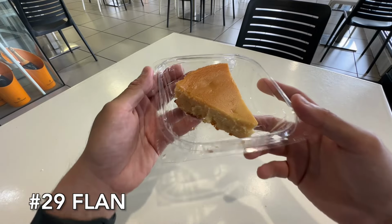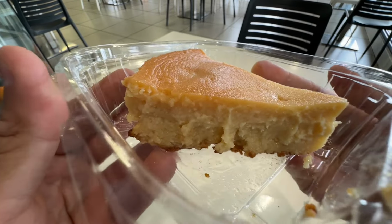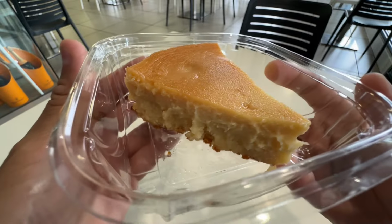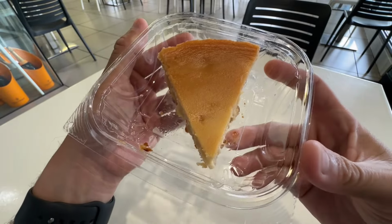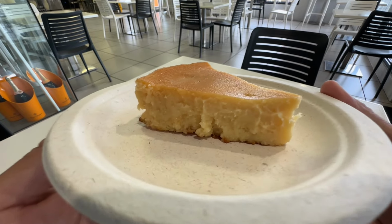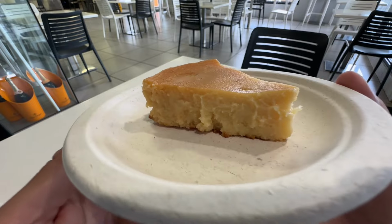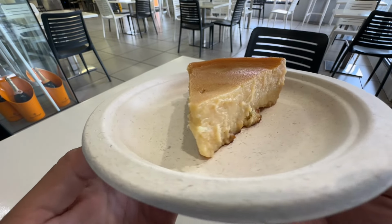The next dessert we tried at Lemmy's Bakery is called Flan. Flan is a creamy caramel custard made from eggs, sugar, vanilla extract, and condensed, evaporated, and whole milk. Flan is normally vanilla flavored, but you'll also find flan in cheese, guava, and coconut flavors, served in bakeries and